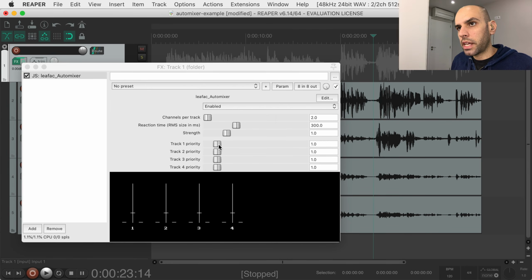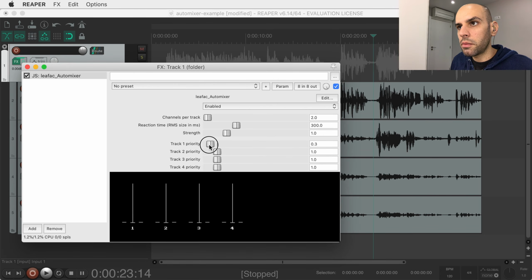If for some reason that person's microphone should be lower in the mix, then, or even at an extreme, you can go to 0, and that's effectively the same as muting that track. So you can see here, this track is muted. But if you want to, you can decrease the priority, and then that track will be quieter than the others